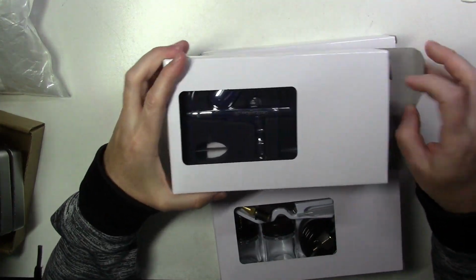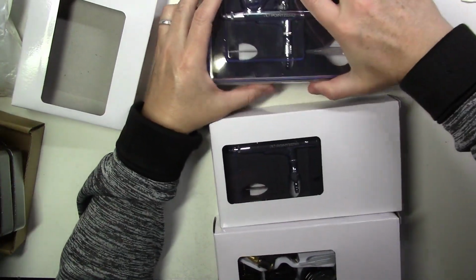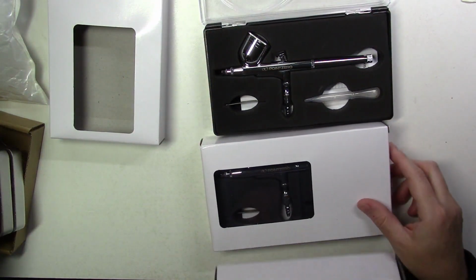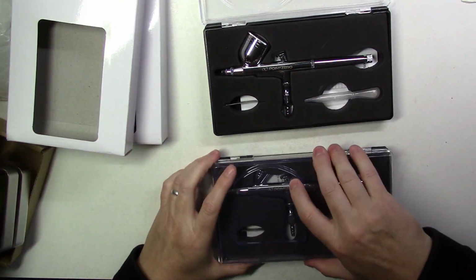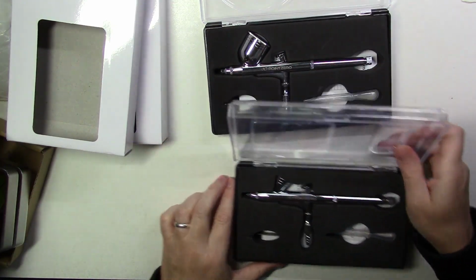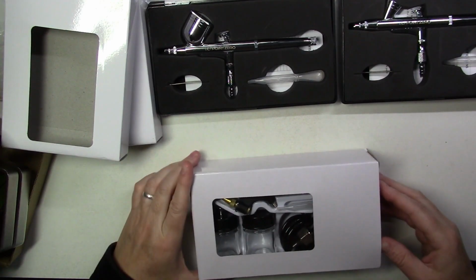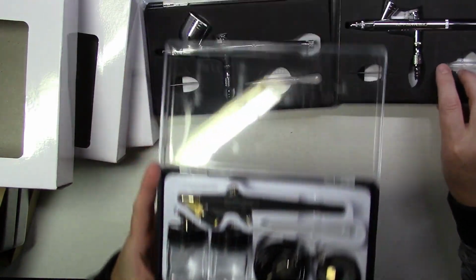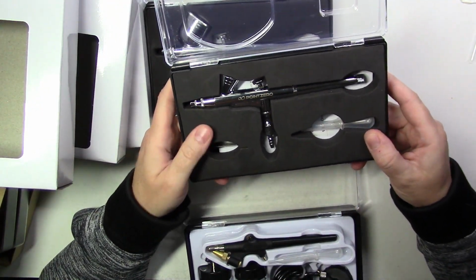So there are 3 different brushes. We have this here, and this one here, and this one here. So it's not a super duper high quality, because I couldn't afford that, but I